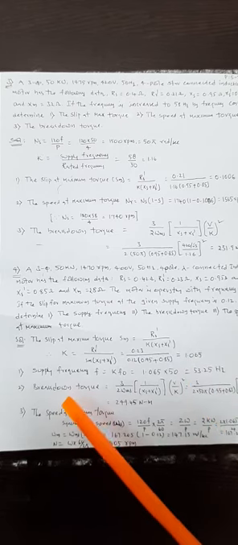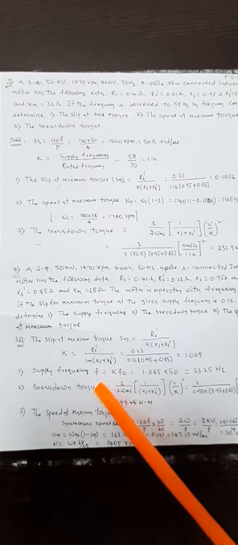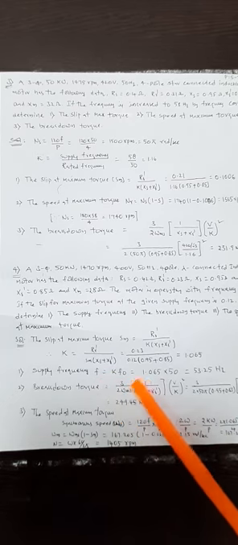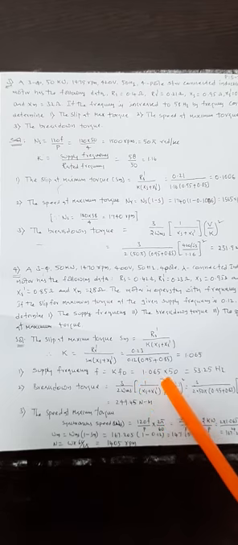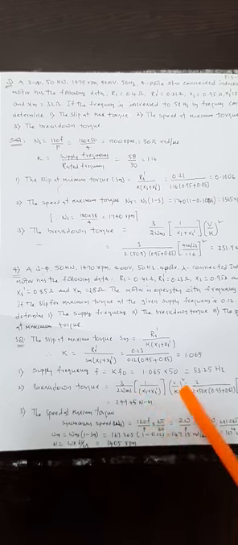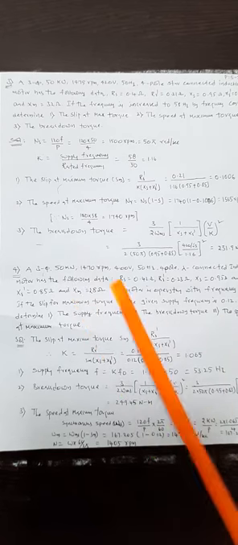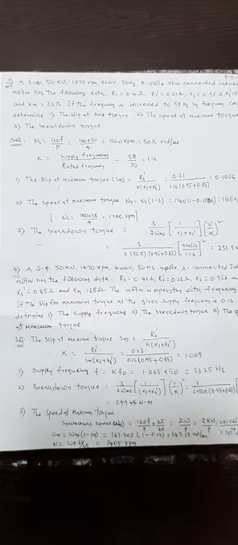So therefore, supply frequency f is equal to K into f naught. Here f naught is the rated frequency. So K into this value, it is around 53.25 Hz. And breakdown torque, as per our formula, we have to substitute all the values and calculate. It is a star connected system and the line voltage is 400. For star connected, you take 400 by root 3.